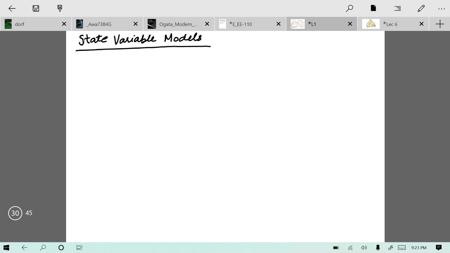So state variable model is just like the Laplace model. Mathematical modeling is another way to represent any control system. It has its own benefits, it has its own usages. We will discuss those in this lecture, but